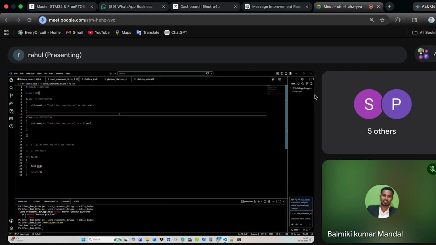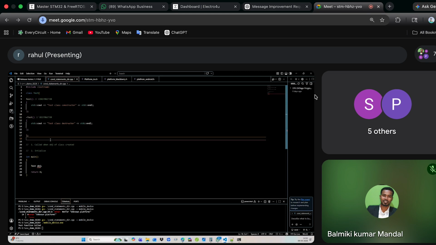All right, so what do others think? Sumit, Shankar, Pawan. It takes by default a test class constructor. Okay, so you mean the code will compile, right?